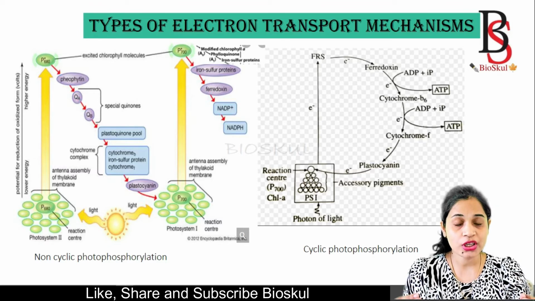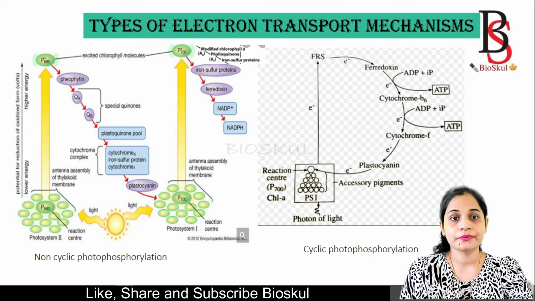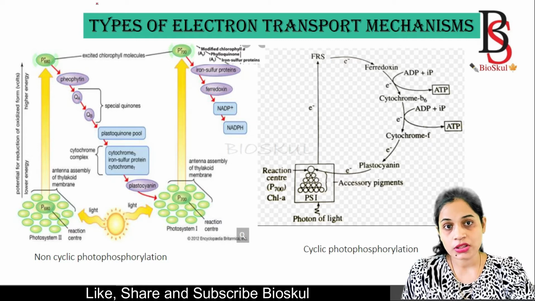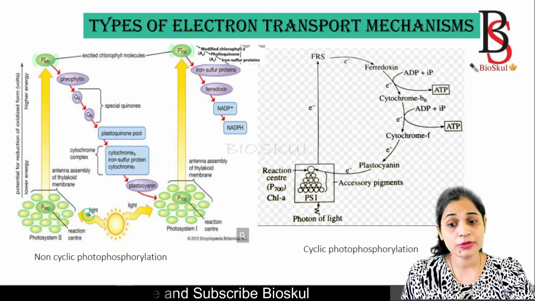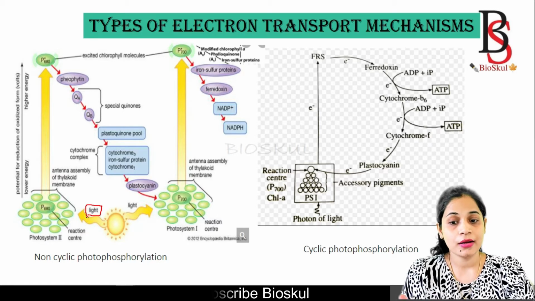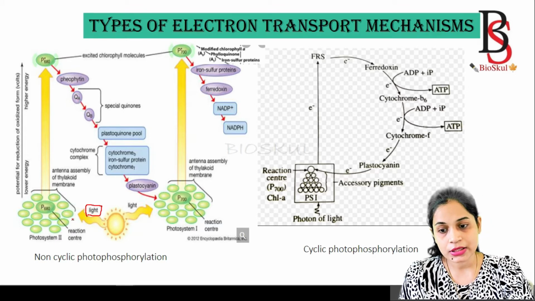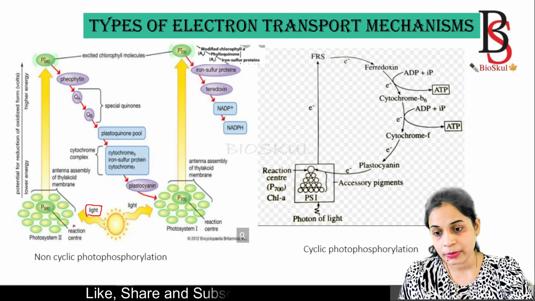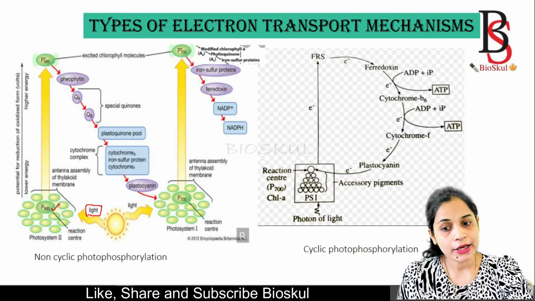And this is very important. We have to remember the sequence of electron carriers. So let's see the non-cyclic way of electron transport mechanism. As we discussed earlier, this process requires light, with the sun as the source of light energy. After getting the light, it will first hit the photosystem. The first component of the photosystem is the antenna complex. From the antenna complex, the energy is transported to the reaction center.